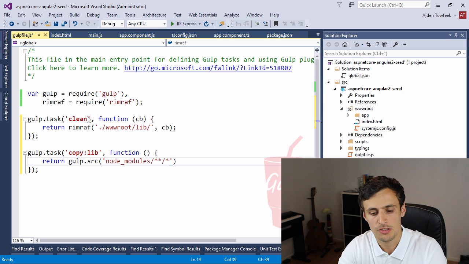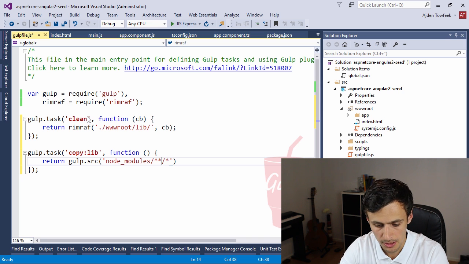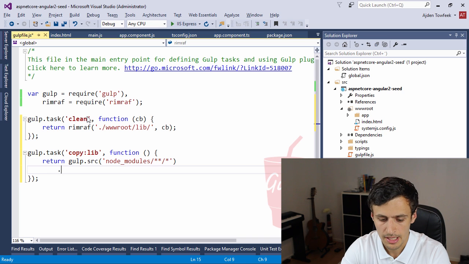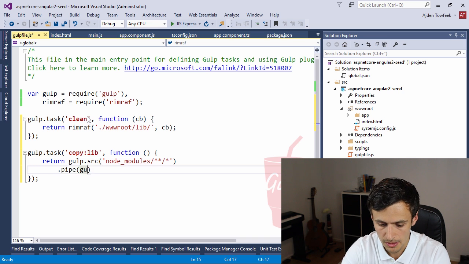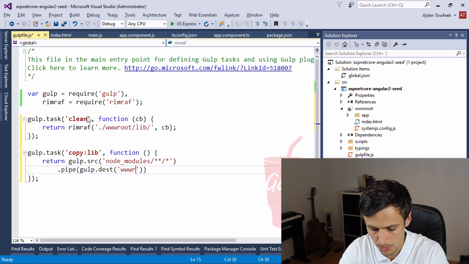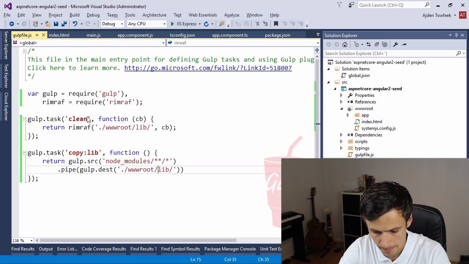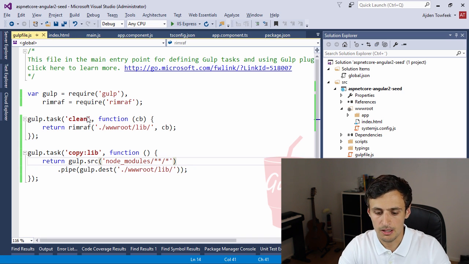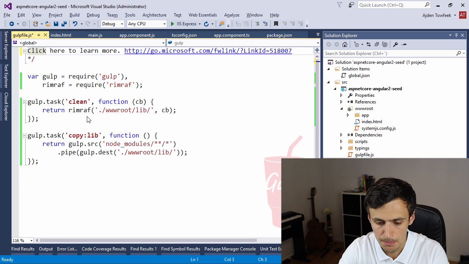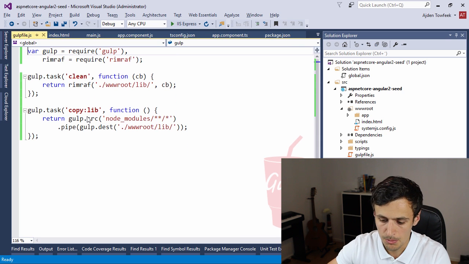We want to preserve the folder structure, so we're gonna go **/* and we're gonna pipe this to gulp.dest and to our root folder and then lib. Right, so this isn't effective at all, but it's gonna get us up and running